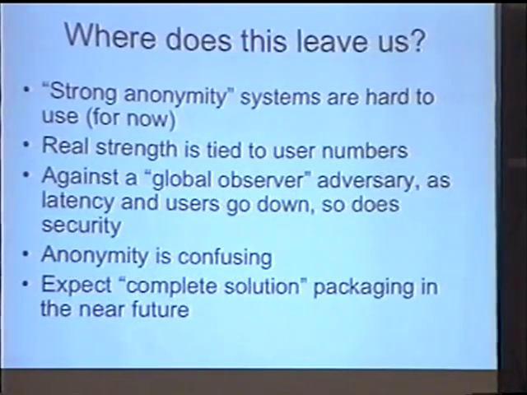So, where does this leave us? The strong anonymity systems out there right now are pretty hard to use. For now. We're getting better. The privacy and security communities have been, in the past few years, becoming more and more aware of the inherent problem that usability itself is a security concern. We've seen things in the past few years like the new PGP Universal product, which aims to make the whole process of encrypting your email much more simple. You've seen